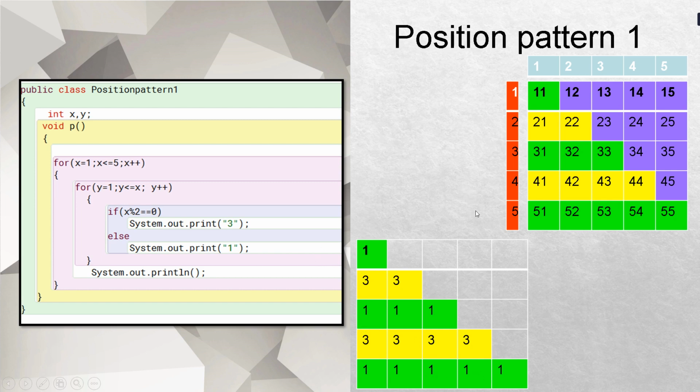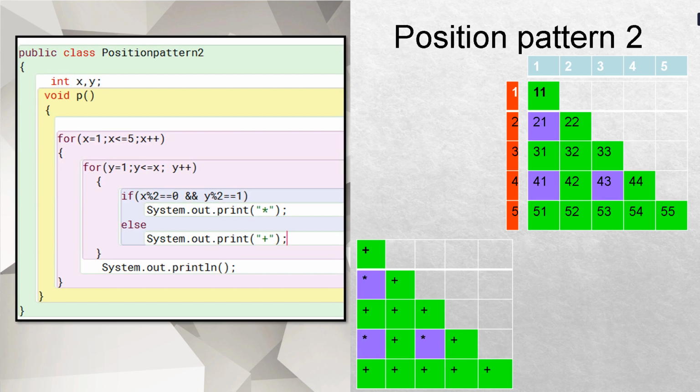So this is how we are going to do this program, and it becomes very easy once the locations have been trapped. Now let's see the pattern 2. Now in this pattern 2, if you see children carefully, I have only at the second and the fourth location star is printed, and the rest of the locations, what is being printed? A plus sign is being printed. So at this location, what is this location?